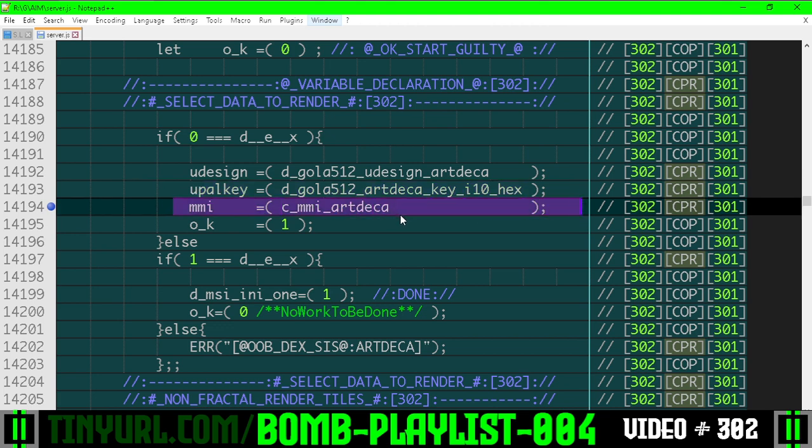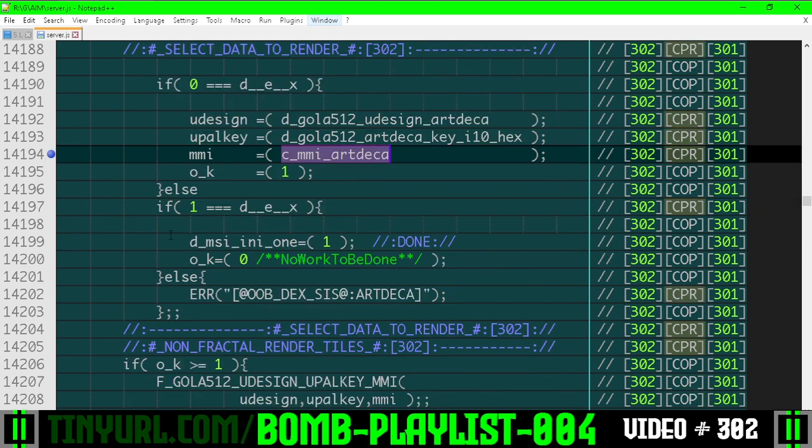this master memory cell, which is the only master memory cell for Art Deca, and it's going to store the decal patterns. For the next time we enter this function, dex is going to be 1, and we're just going to flag to the managing code that we are done and please don't call this function ever again. So you can see this OK is set to 0 here because we're not actually going to do work in